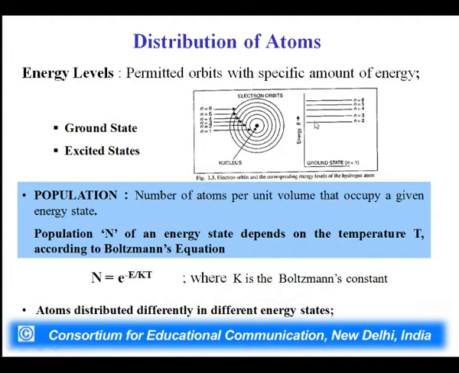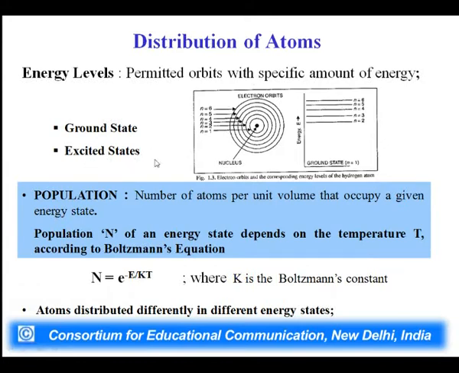n = 1 is the ground state energy level, n = 2 is the first excited state, n = 3 is the second excited state, and so on. This part shows how the energy is increasing, and this part is the electron orbit diagram. The center is the nucleus, one orbit is the ground state, and the others are the higher excited states.